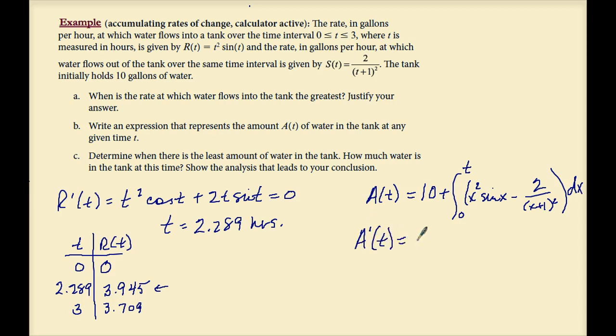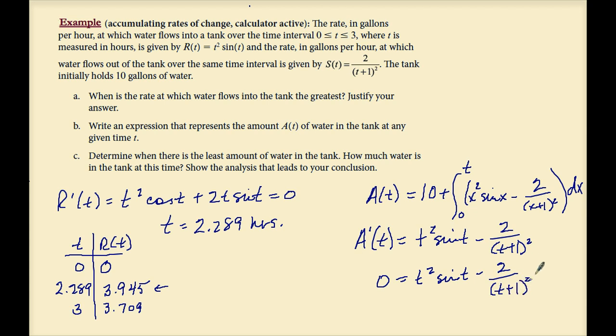Using the fundamental theorem of calculus, this is going to be t squared sine of (t minus 2) over (t plus 1) quantity squared. Now let's set this equal to 0 to get our critical values. 0 equals t squared sine of (t minus 2) over (t plus 1) quantity squared. This yields one critical value at t equals